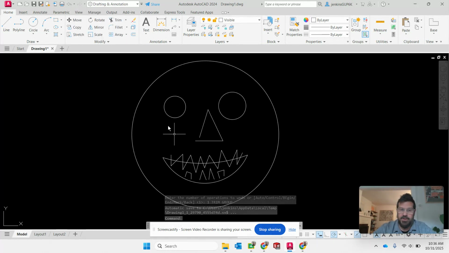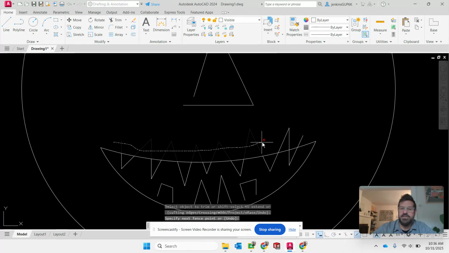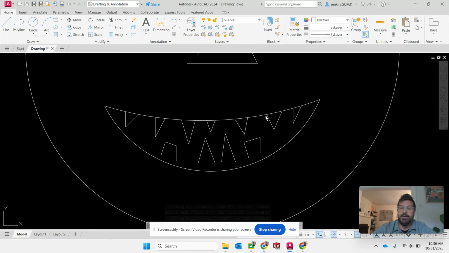It's going to bring all those things back. But if I hit trim now and say, okay, I want to trim away all these things here. Boom, boom, boom. Enter. Now I've hit enter. Now it's done, right? So if you want to be a little bit more conservative in terms of trimming things,